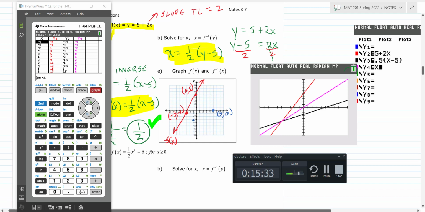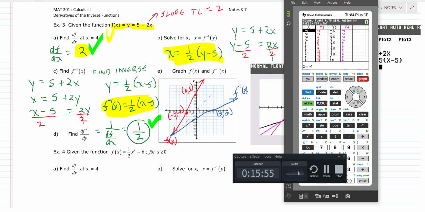And then I can go through and graph that out like that. Okay, it's kind of hard to draw a line without it being crooked on this. So that's my inverse, and it's symmetrical about the line y equals x. I'm not going to draw this perfectly, but I want to show you how I can tell I'm right on